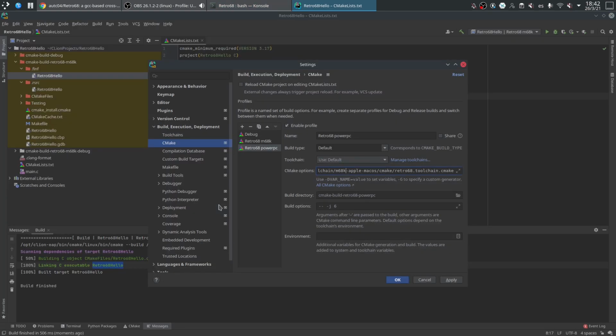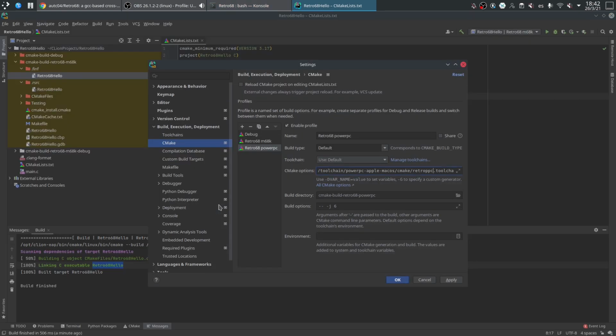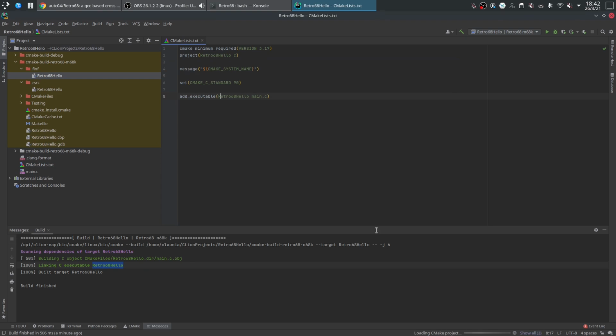PowerPC, and I think it was RetroPPC, and let's check in case. Yeah, RetroPPC. Now I'm going to rebuild the CMake cache, which I can do with CMake here.